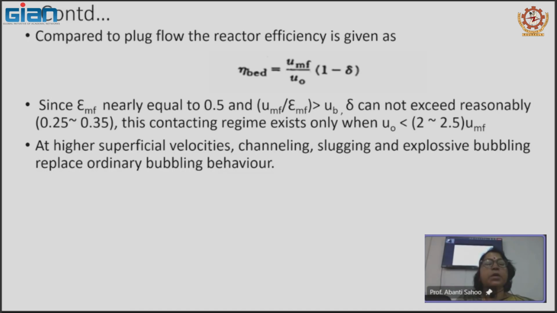But it is nearly equal to 0.5, so we cannot exceed more than that. At higher superficial velocities, that is more than this 2.5 UMF, there will be channeling, slugging or explosive bubbling, which will replace the ordinary bubbling behavior. That means here the channeling